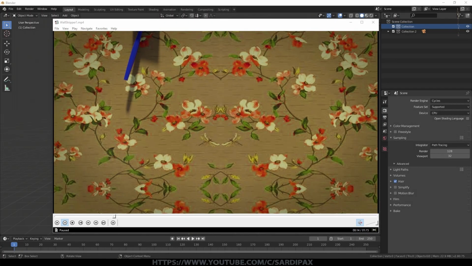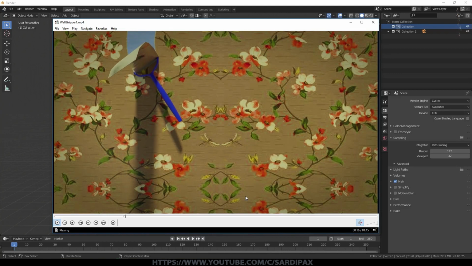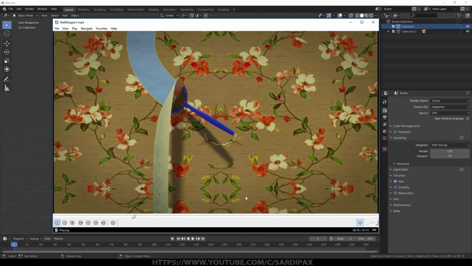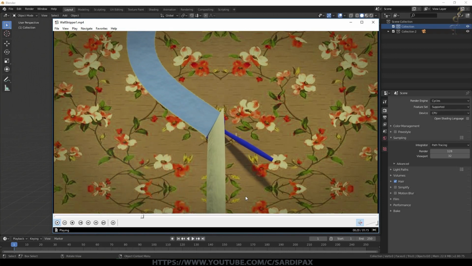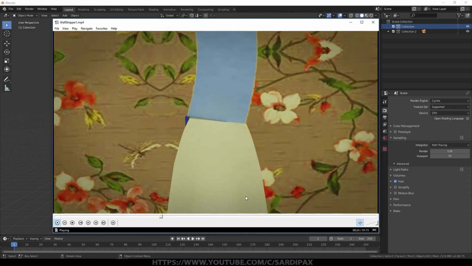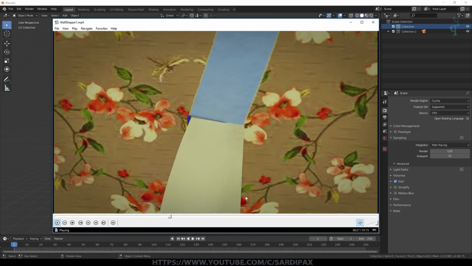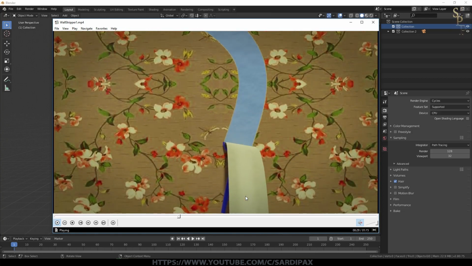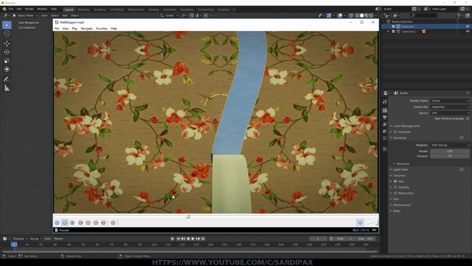Hi there. In this tutorial I'm going to quickly go over how to create an effect something like this. My concept here is obviously some kind of blade stripping wallpaper off a wall. You can see it's following a curved path and we've got the wallpaper appearing to strip off and flop down as it travels along. What this is really all about is the use of curves and parenting and constraints.